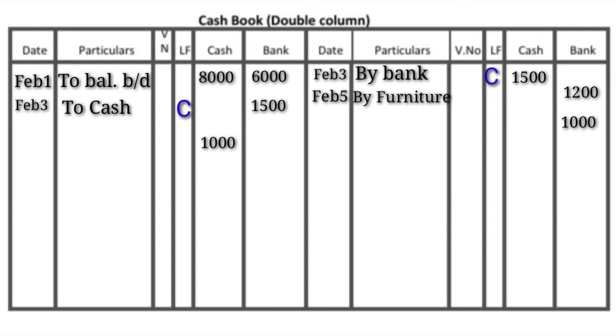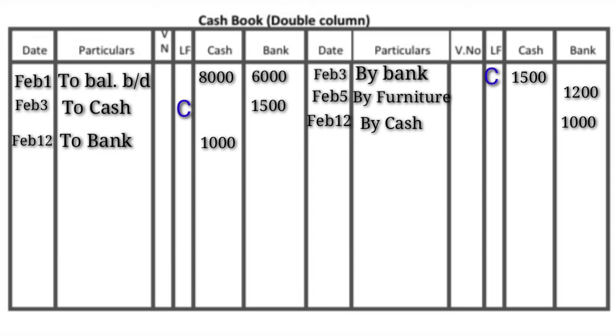Debit side cash is increasing, credit side bank is decreasing, and the date is February 12th. Here in the particulars column we will write to bank. Same in the credit side, date column February 12, and in particulars column by cash. The amount column in debit side, amount is coming in cash column, so we will write to bank. Here credit side, amount is coming in bank column, so we will write in particulars column by cash.